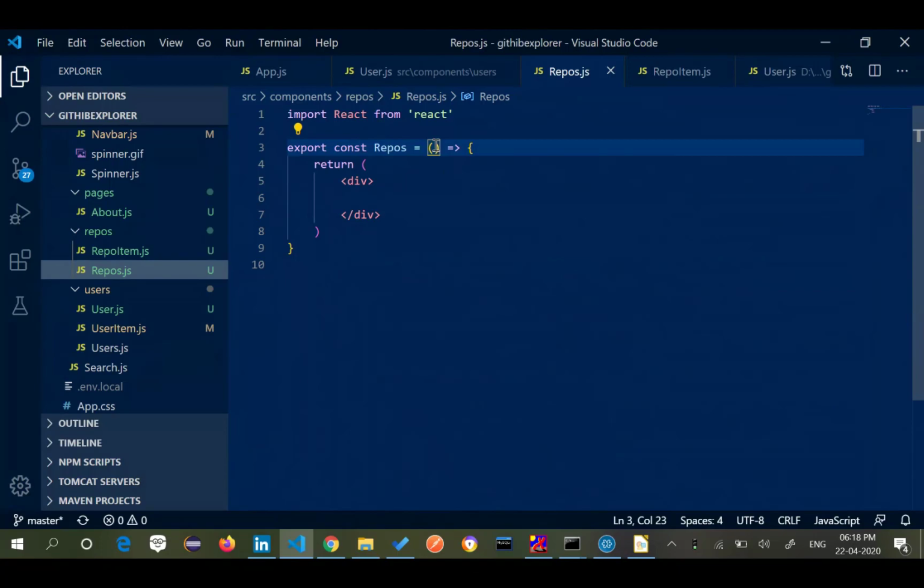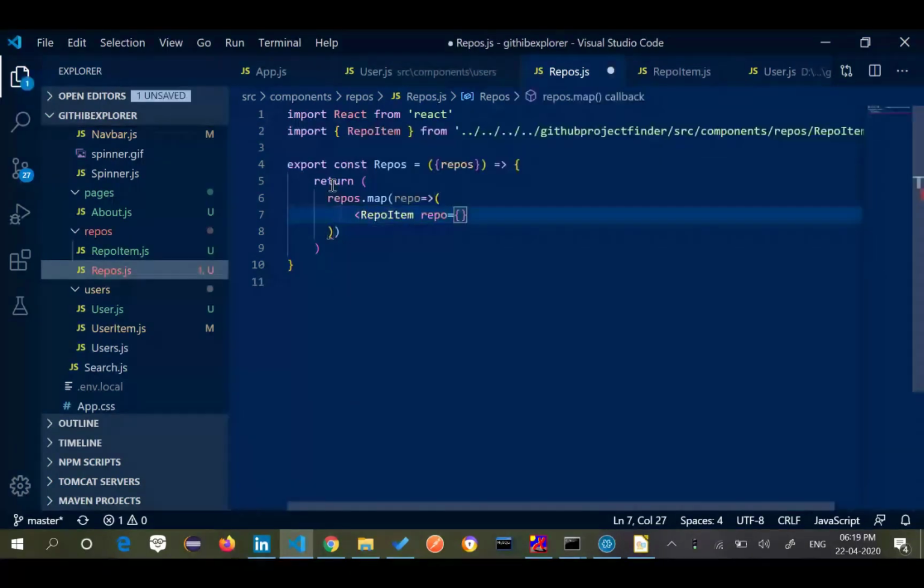So what we will do now is repos.map, where each one is a repo. I will display a repo item and pass it as a prop, repo is equal to repo.